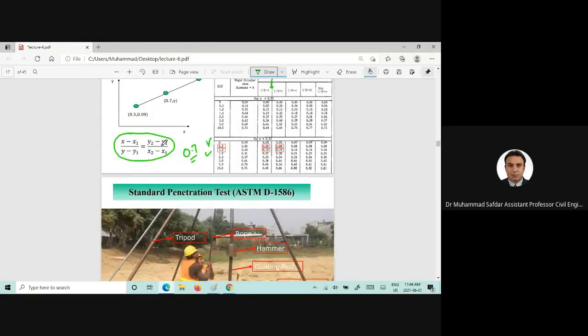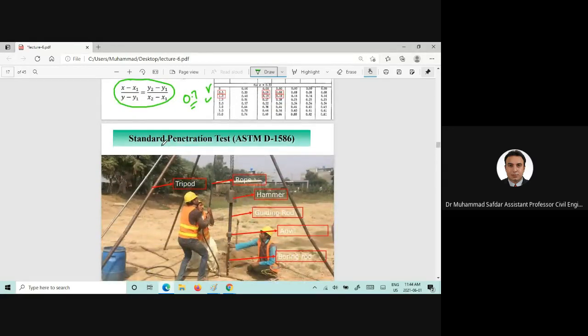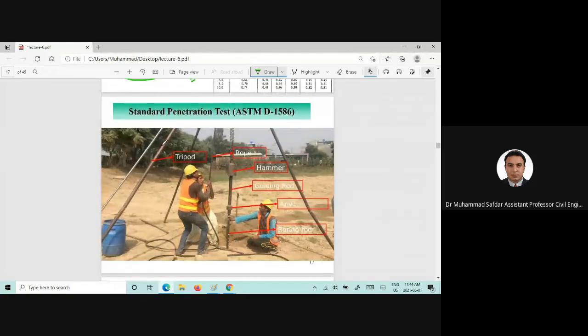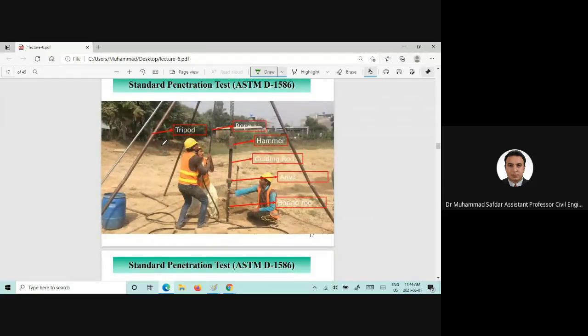Okay, so that was the modulus theory of elasticity and how we can find out the immediate settlement using the theory of elasticity. There is another method to estimate the immediate settlement, and that is using the standard penetration test. And in standard penetration test, you might remember that we are given a tripod, we are also given a rope,